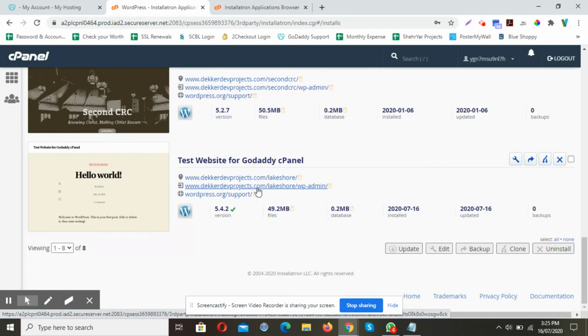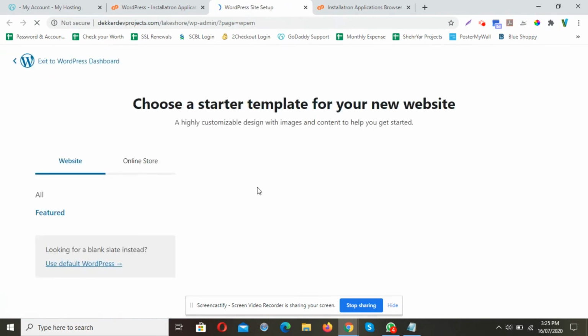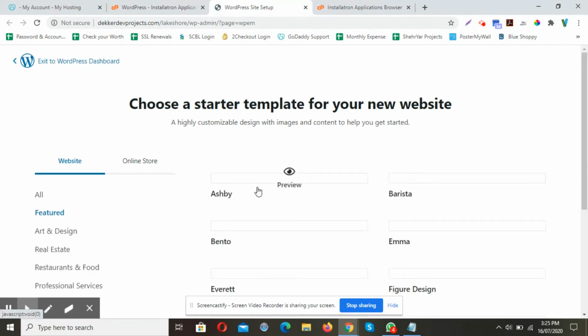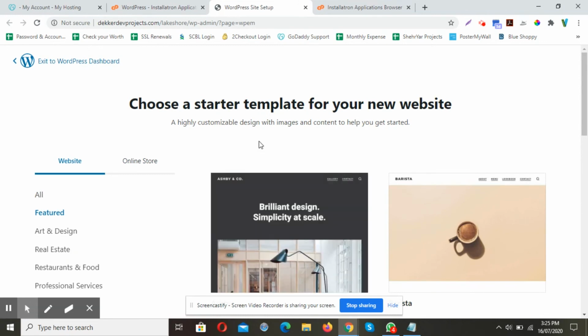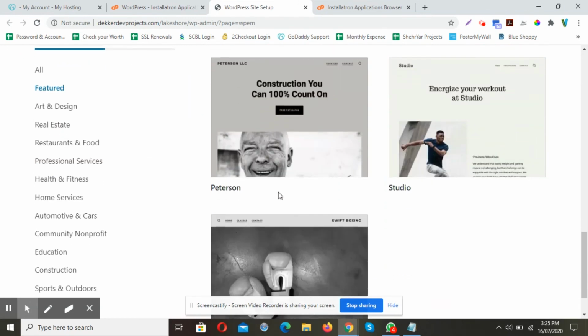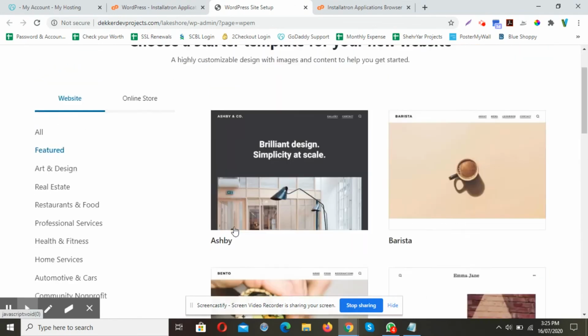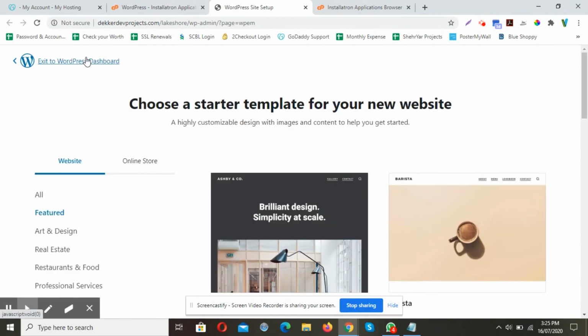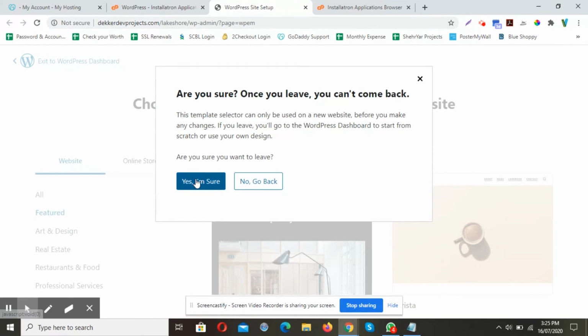Now, you can see this is my WordPress admin where I have installed this theme, the default theme from WordPress. So I'm not going to use any of their themes because I have my own, which I need to upload here, and we are going to exit it.